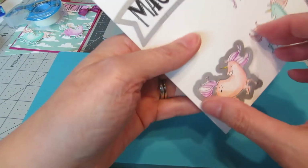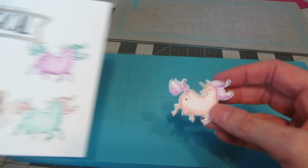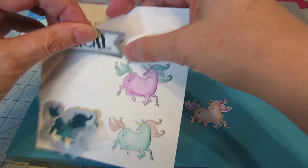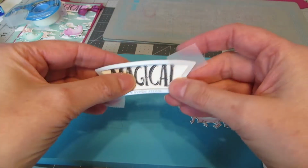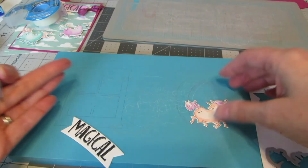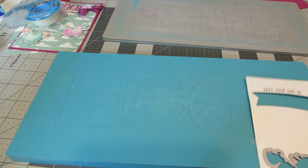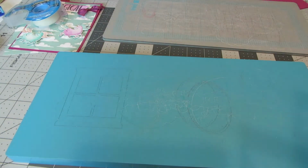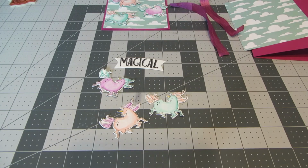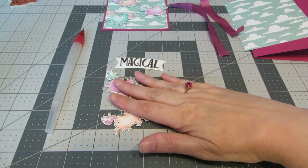And as you can see, I had accidentally stamped on the wrong side of the watercolor paper, so I flipped it over, which is nice. You can use both sides. And so now I've got just the magical words inside the banner and one of the unicorns cut. And now I'm just going to cut out the other two unicorns the exact same way. I'll be right back. Okay, so I have die cut out my 3 unicorns and the magical words,